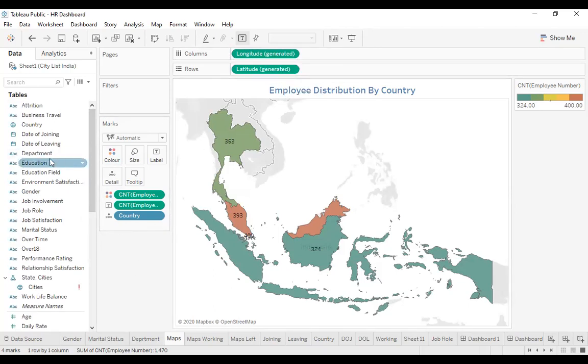Then we can put the employee count, the employee number, in the colors. The advantage of putting it in the color is that it will create what we call a heat map. Heat map is that, for example, when iron gets heated up, initially it is brown in color.